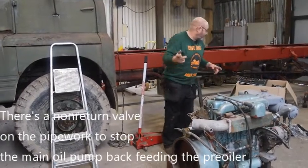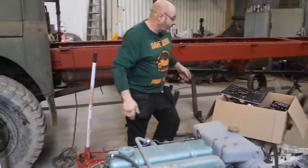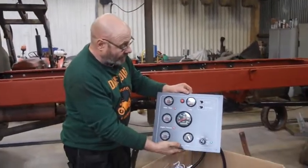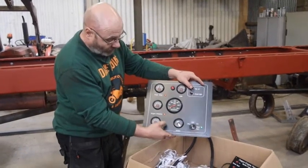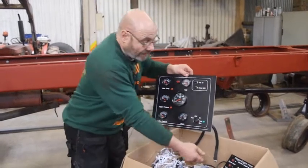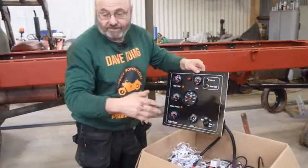The other thing is, if the camera wants to come over, we've had some control panels made. There's two engines. We had Dragon Marine Services make us some control panels with the pre-oiler. You just hold it until the oil pressure gauge comes up. I'm about to fit these. There's a little panel that goes on the engine as well, and there's a main harness that goes through, and there's a port and starboard